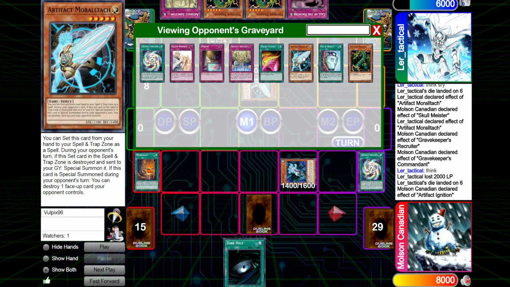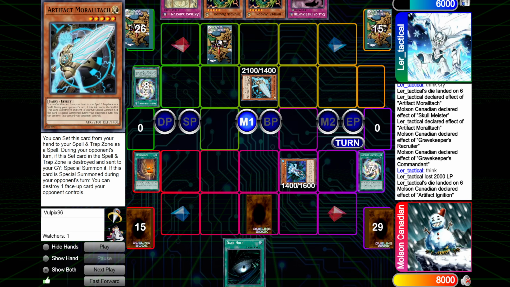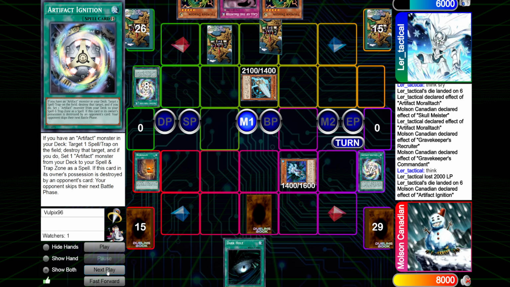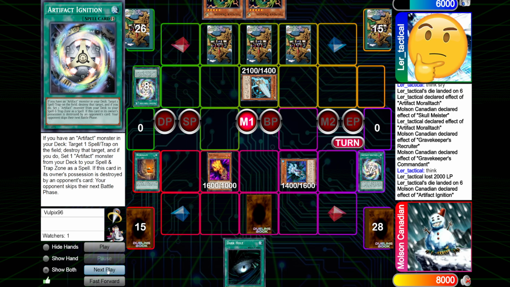Now, how many artifacts did they go through? So far, only 2 moral attacks. So this Sanctum should be live. Oh, but there's the 3rd there, actually. So if anything, this will probably get a Beagle Tack, given they kept it in, which I would assume they probably kept it in. And here, setting to back row, over to Molson, who gets a Fire Hand, finally something